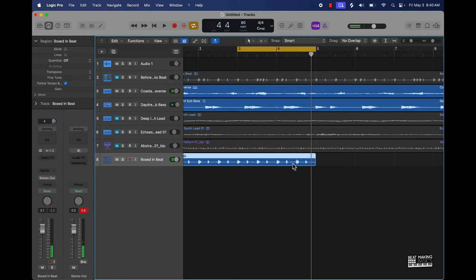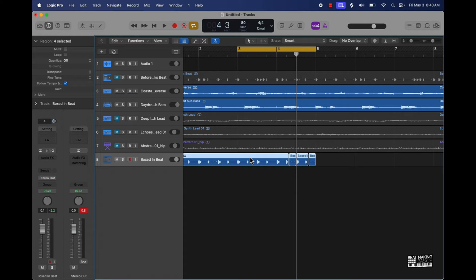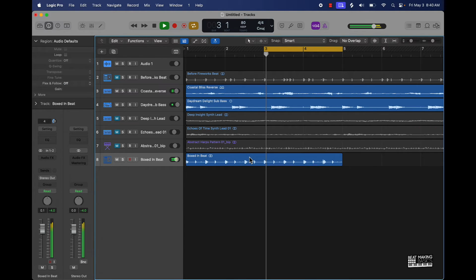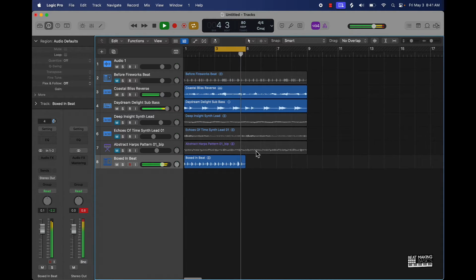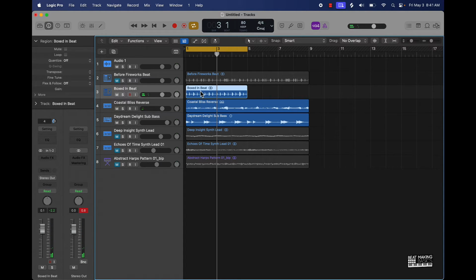And so what I want to do is take this little part that goes and then repeat it right here. So I'll just go ahead, chop that, chop that. I'm holding down Option and dragging this over like that. Then push Command J to join it. So now we have two drum beats that we can interchange in our new track